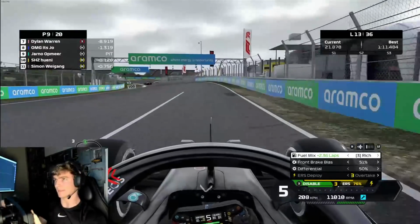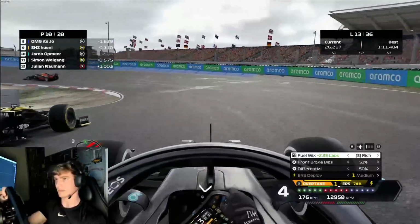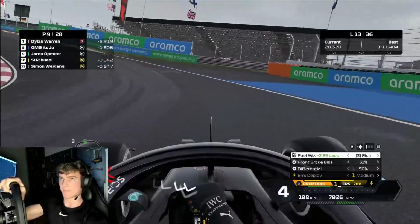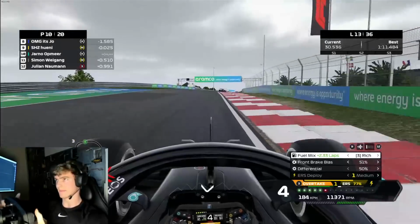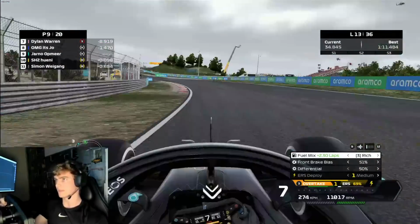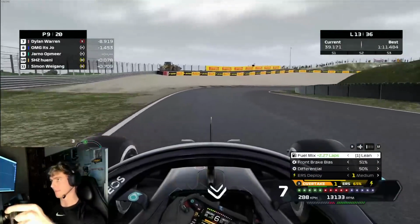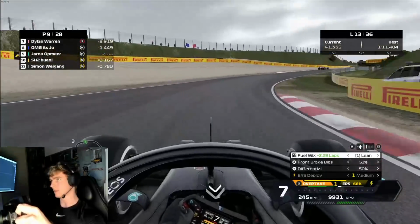Oh my god, it's Joe in the Red Bull and side by side with Shazoo Hueni. He tries to fight me a little bit there, but obviously I don't want to be stuck behind someone on old tires, so I'm gonna really push here, use a little bit of my ERS, and we get up into P9 again. Simon Weigang haven't made his pit stop yet, so crucial that Donoso and Preachnader are behind the